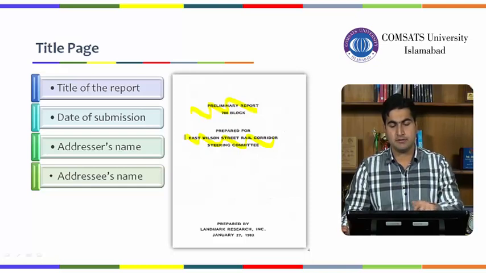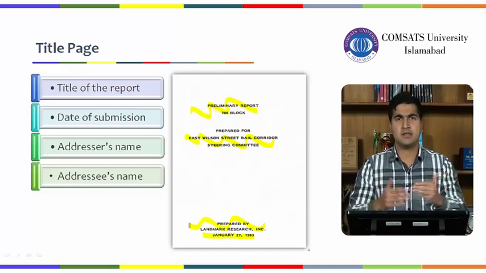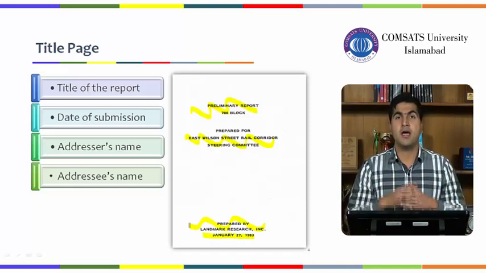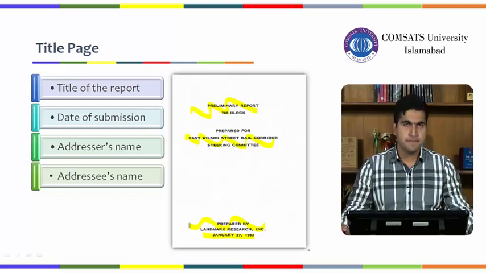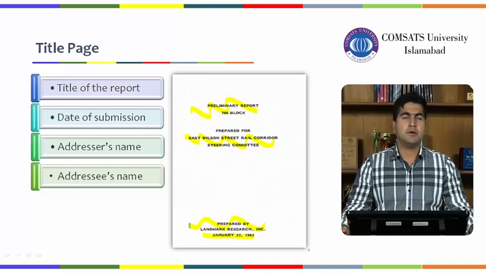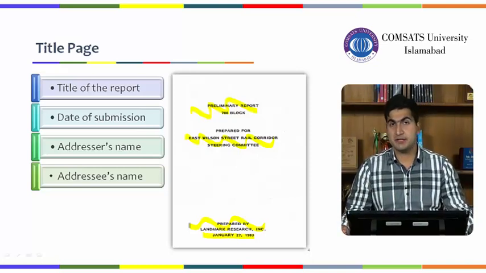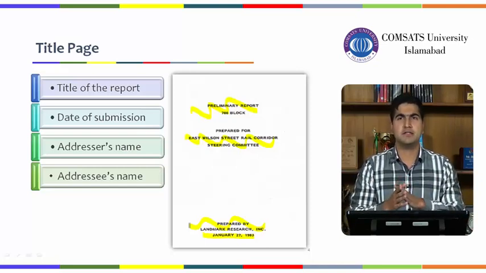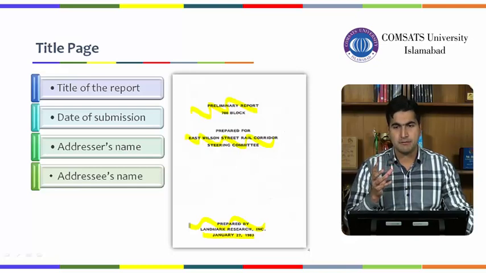And finally, if we talk about the date, so you have these things and the spiral, of course, that I missed at the end. But that's how these four things are supposed to be there, especially when it comes to preparing a title page. If I give you a reference of the talk that we had, especially with reference to the title page, and a little bit talk with reference to the formatting, and especially within the APA formatting style,